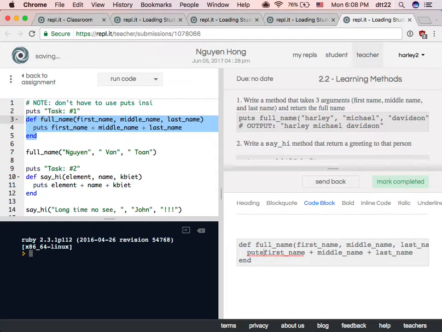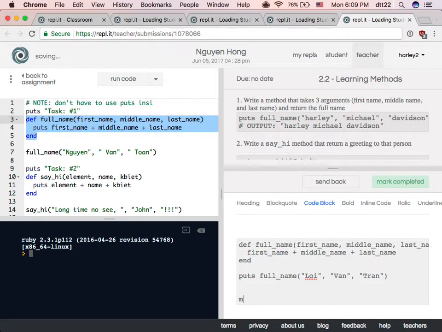If I take out the puts, I can say puts full name, right? Is that okay? So this will be clearer because I can do this.